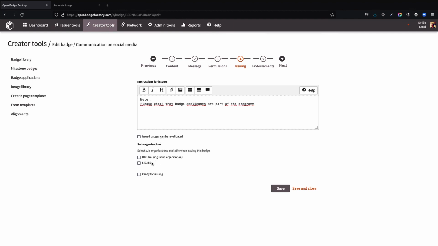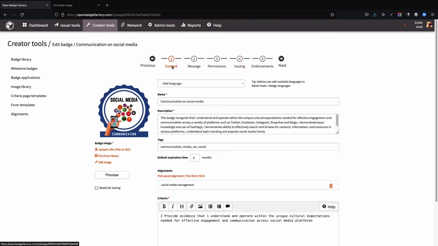Here, we have configured all the necessary elements for this badge. But in order for this badge to be ready for issuing, you still must tick the Considered checkbox. Now that it's done, congratulations! Your badge is now ready for issuing. You can decide to issue it to the ones who earned it, or just start by announcing its creation in